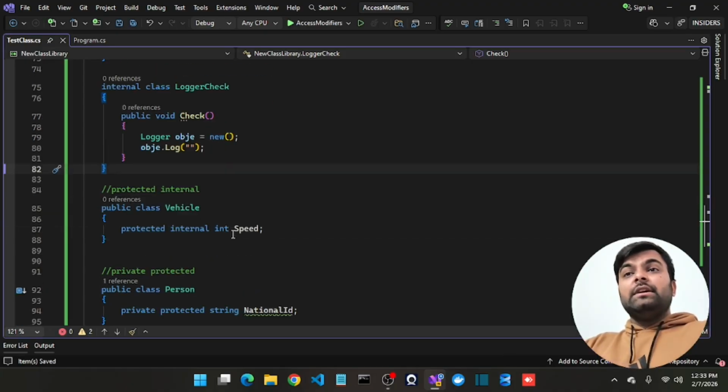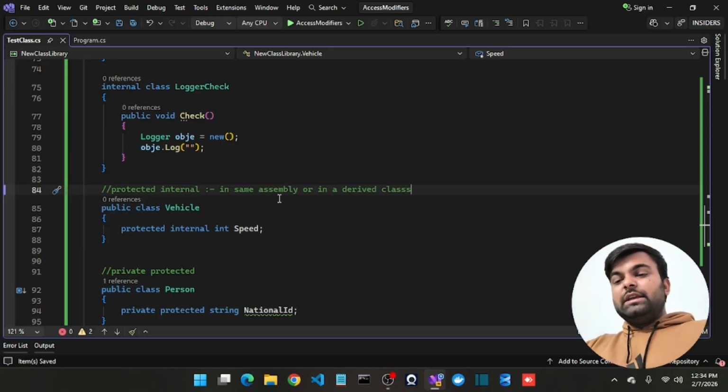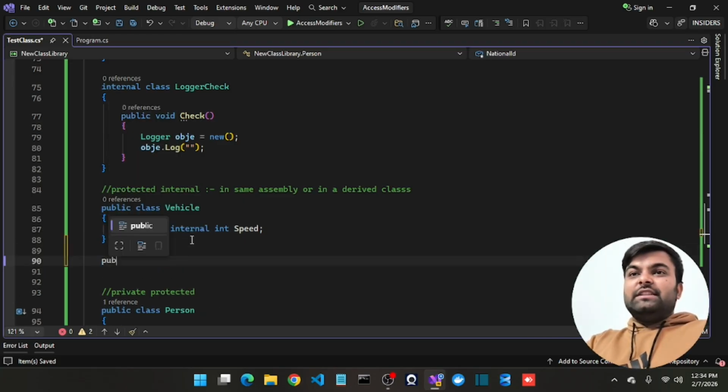Now let's go to protected internal. So what is the meaning of protected internal? It has two things. You can access things in the same assembly, first of all, and also in a derived class. So it has two things that you should know about protected internal. You will see that we have protected, which means we are able to access it in the derived class, and if we have internal, it means the same assembly. If you want to check this as well,